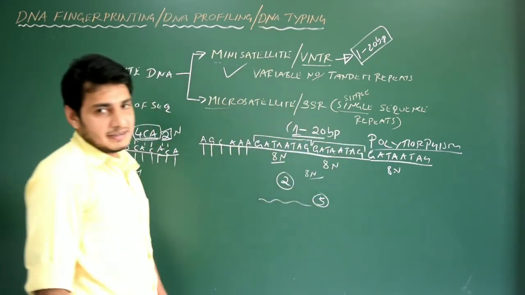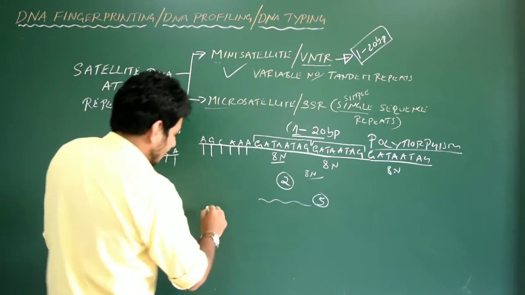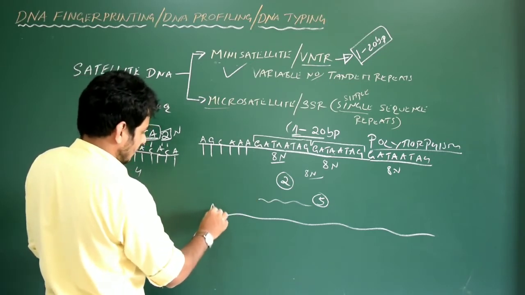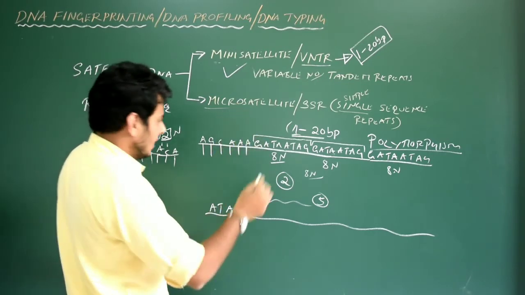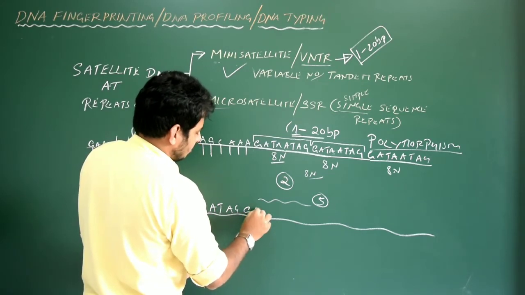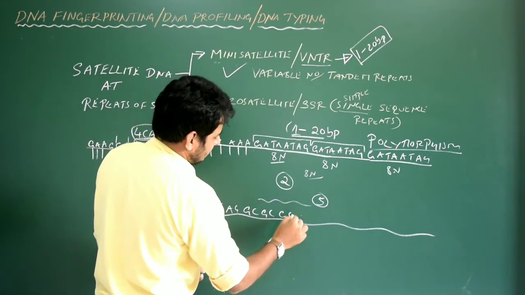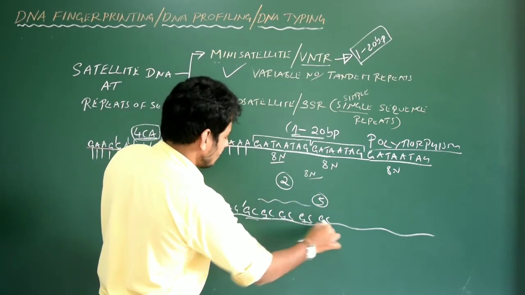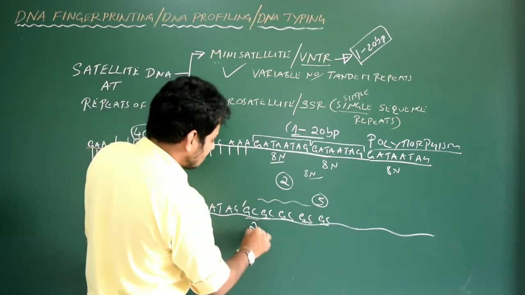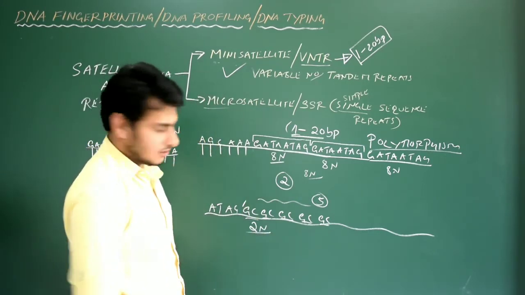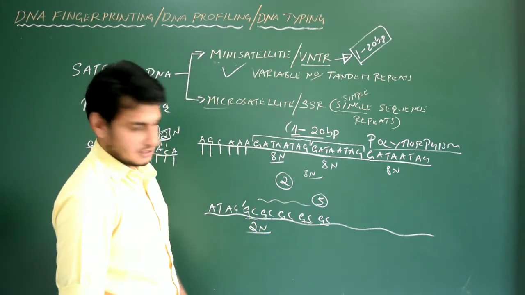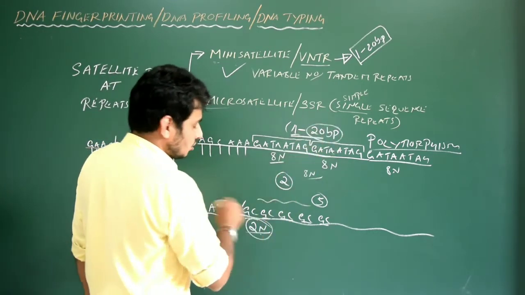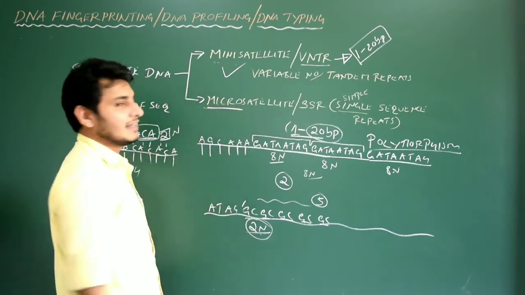What is this microsatellite? Micro means, okay, let me just draw one more DNA. Let me just write AG, something is there. And here, let me just write, we have got GC, like this. That means GC is repeated how many times? 5 times. But this contains only 2 nucleotides. The repeat is nothing but 2 nucleotides, G and C, guanine and cytosine, repeated 5 times. So here 2 nucleotides are there. Compared to 20 nucleotides, 2 nucleotides are smaller. So that is microsatellite. Got it?